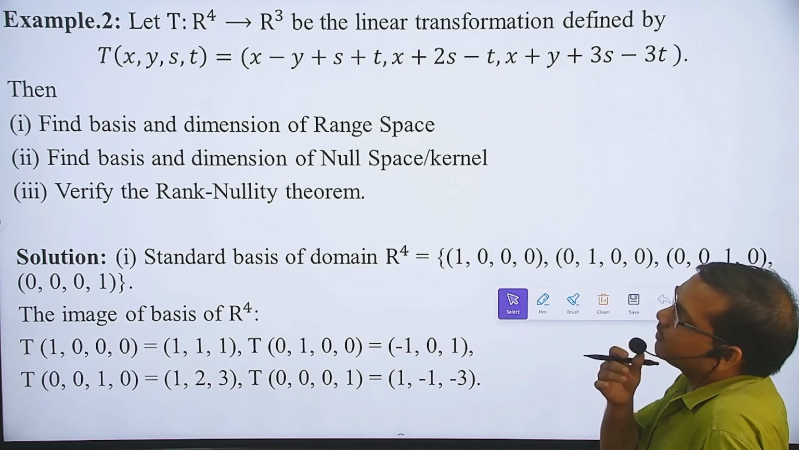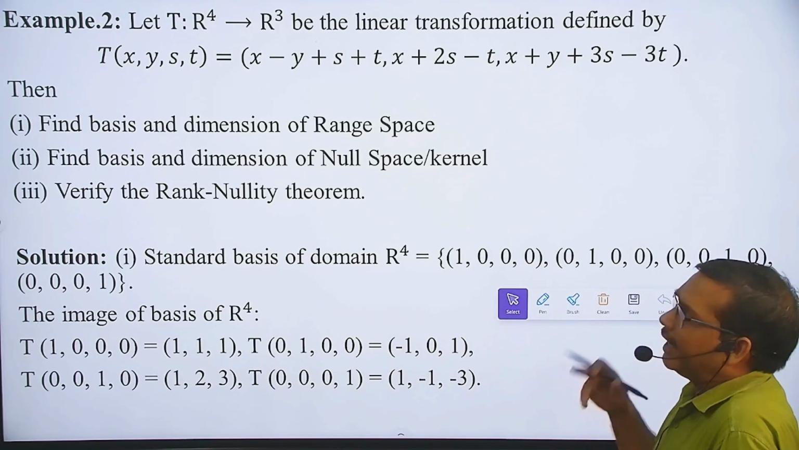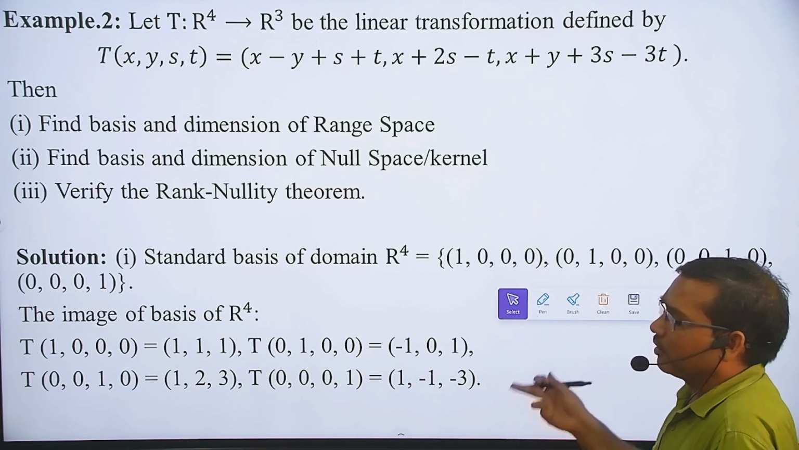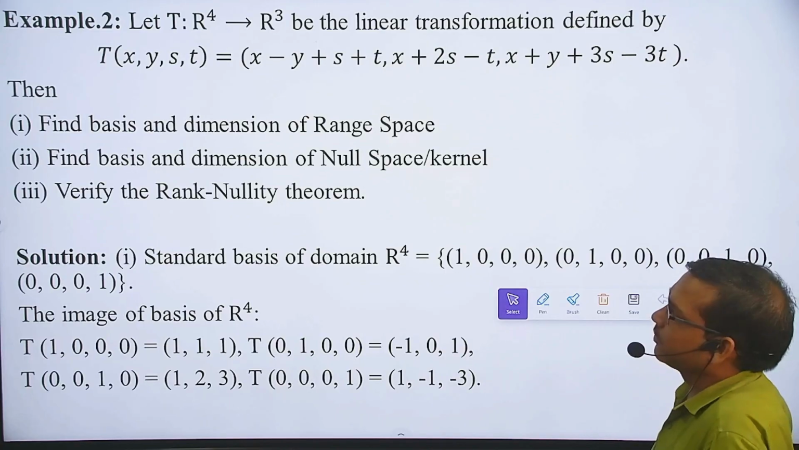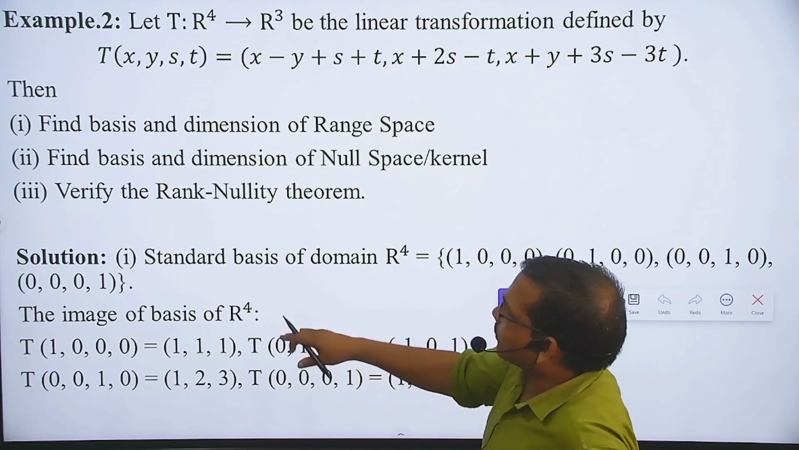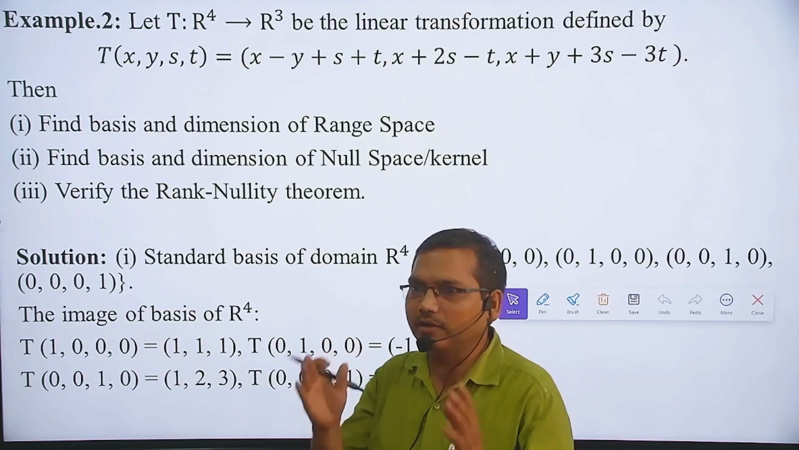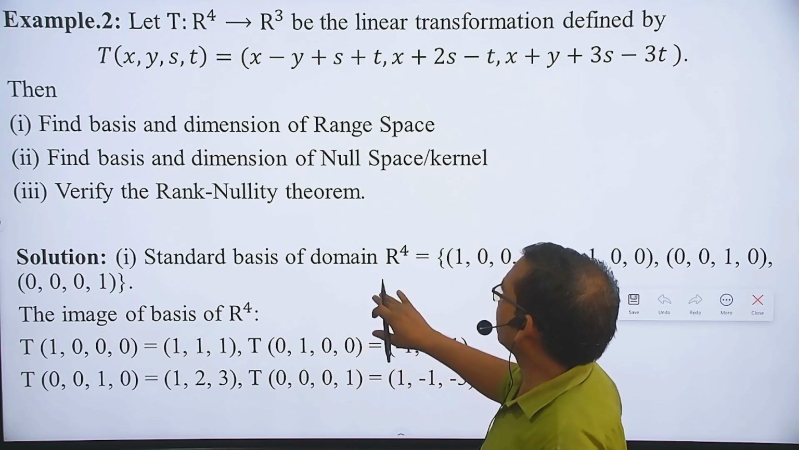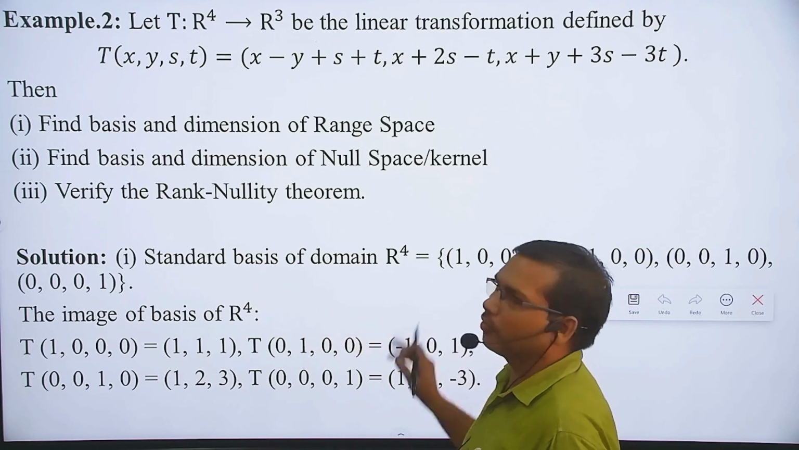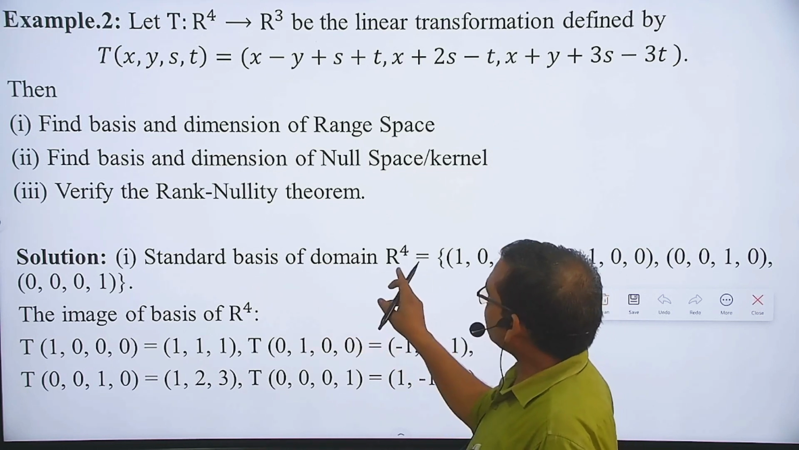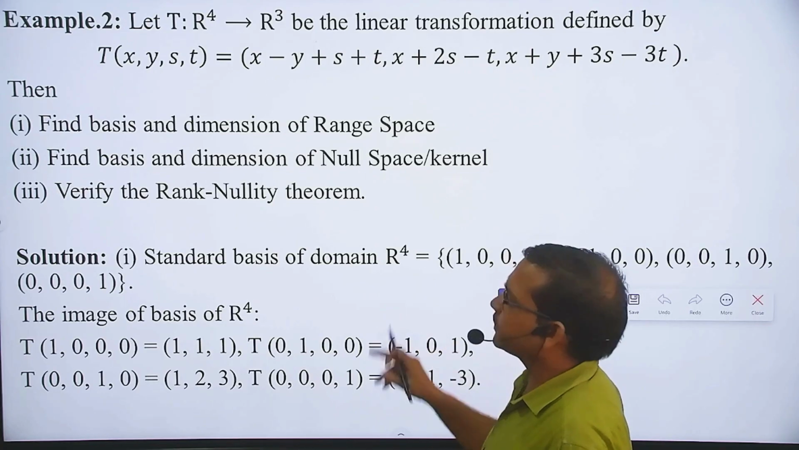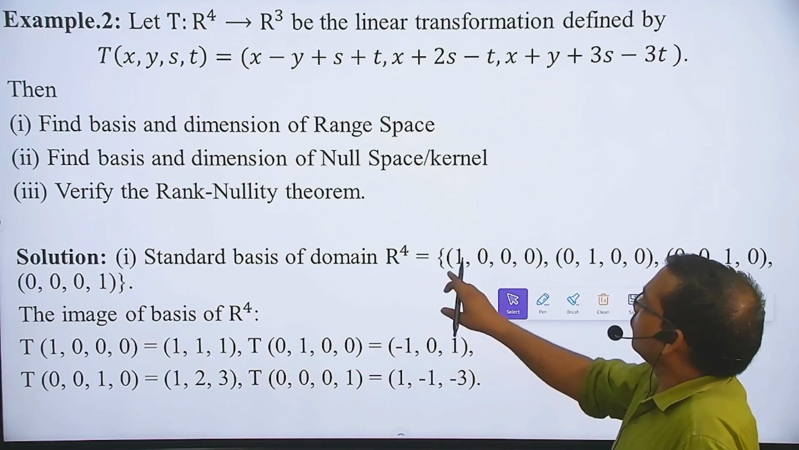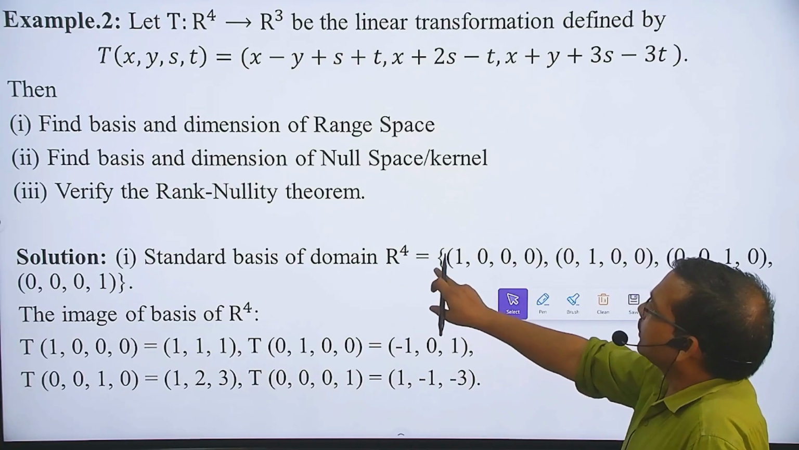For the solution of this type of question related to the rank nullity theorem, null spaces, dimension, or range spaces, first we take the standard basis of the domain. Since the domain is a vector space of dimension 4, its standard basis is